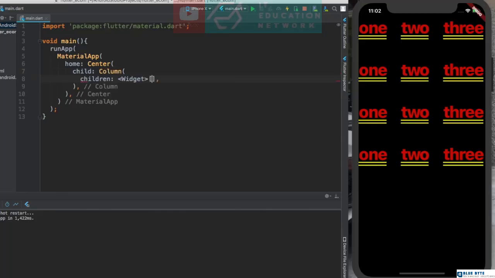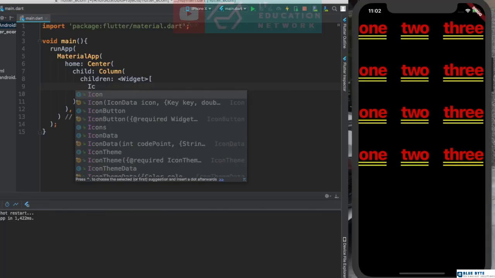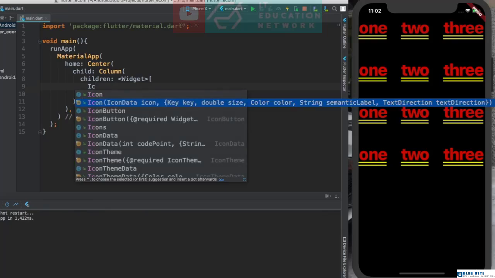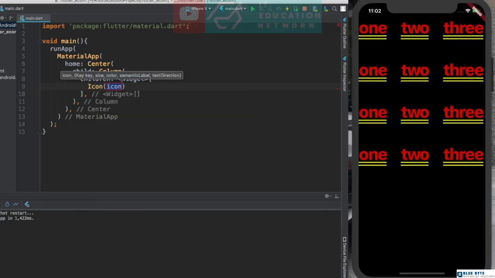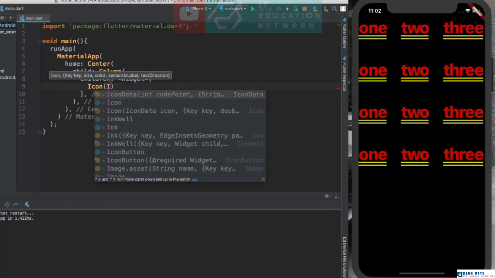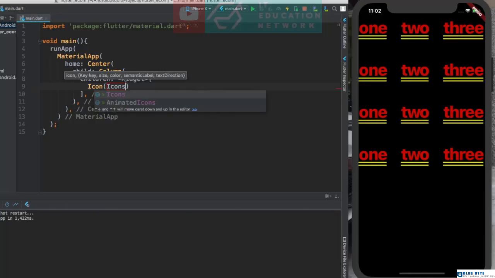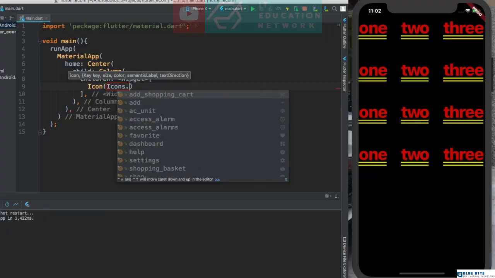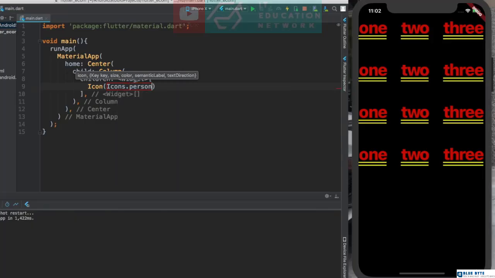I want to use different widgets today. Icon, you see, you can use this widget, the Icon widget. You write Icon, open brackets, and you write Icons dot person,